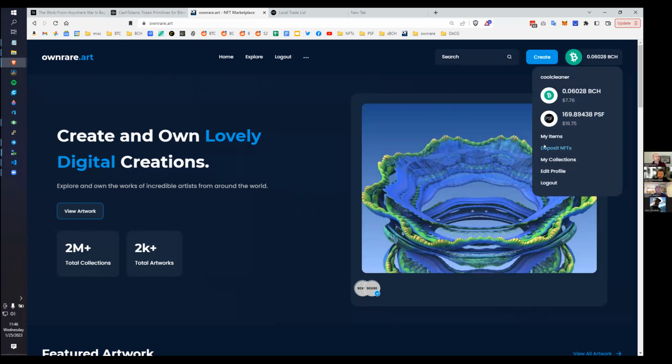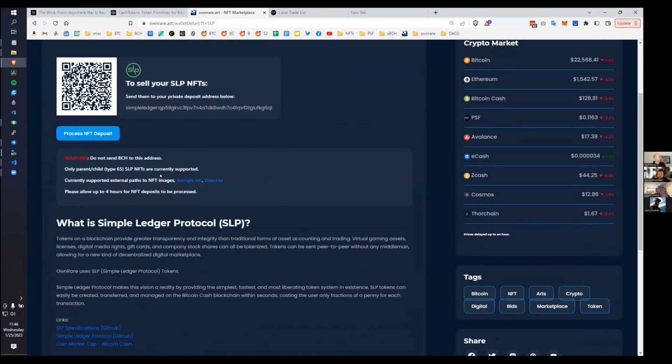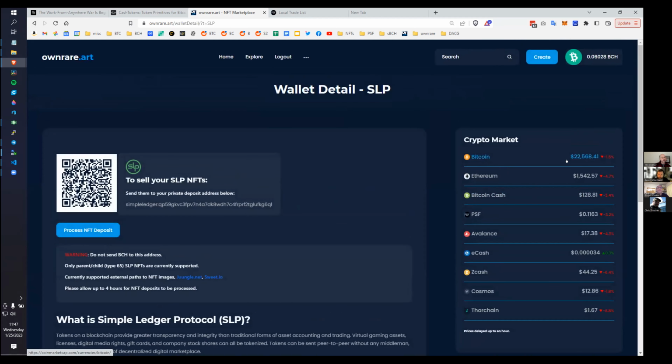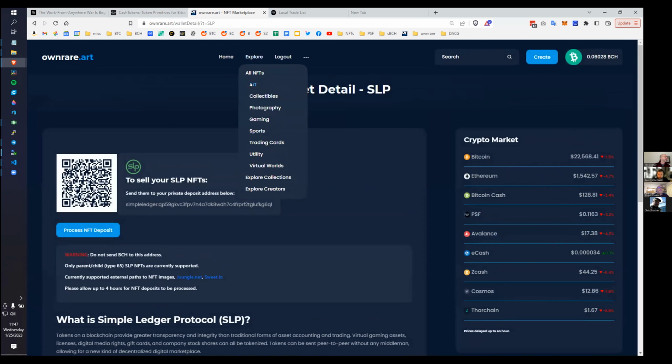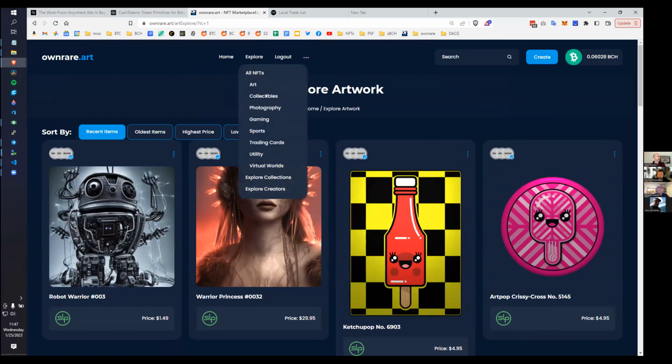All right, so I'm just going to show you a couple more things. There is the ability to deposit the NFTs. So if you want to take them in, right now it only supports Jungle and Sweets and NFT, the token repository protocols. And as soon as you click this button, it'll go back and rerun a query against the blockchain. I do keep track of, as you can see, the crypto market, it's not doing well today. There is the ability to explore, which is just sort of fun because you can go looking at particular things, collectibles. Right here's all this Punk 6529 stuff,